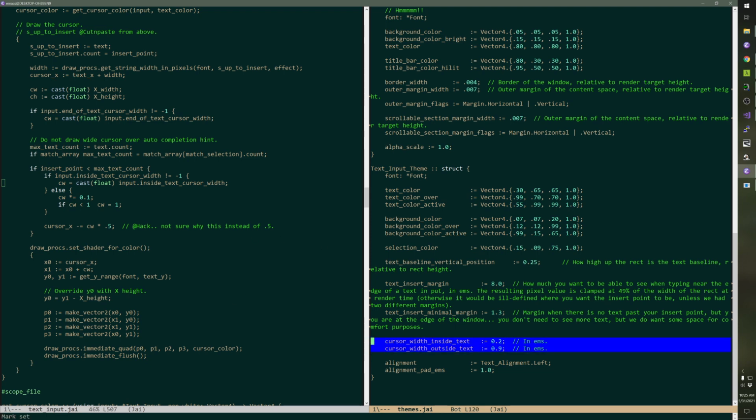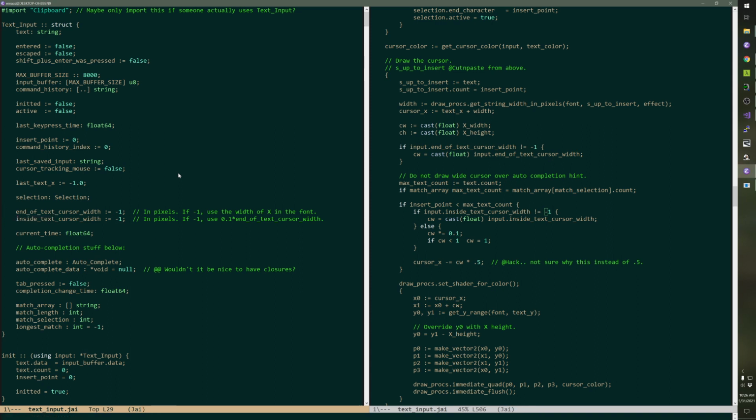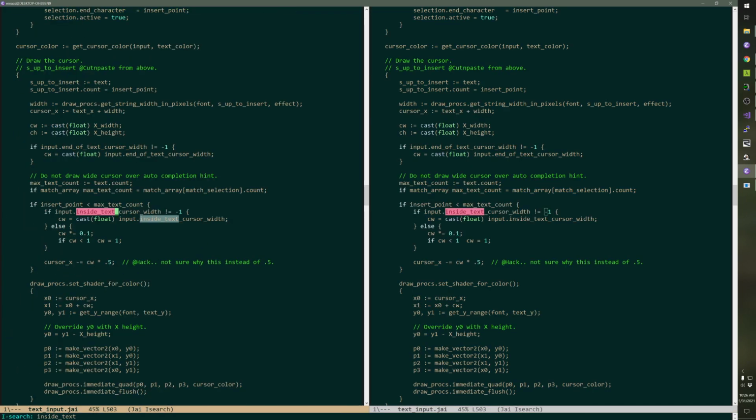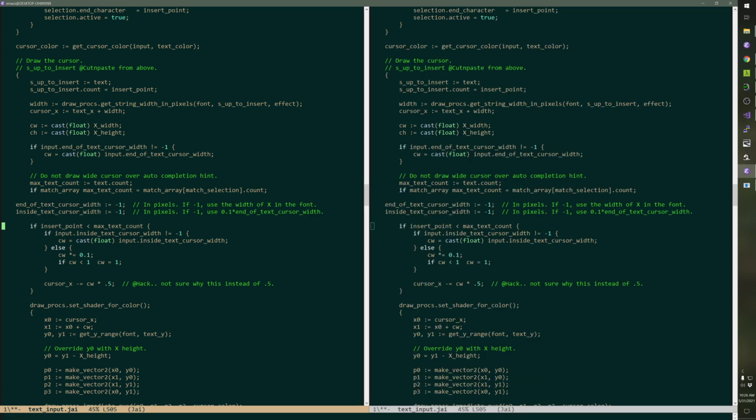Okay, I'm going to make these work first, because I don't want to get a trail of half-done things, and I started typing this. So where's end of text cursor width? Aha. So this whole X width thing,